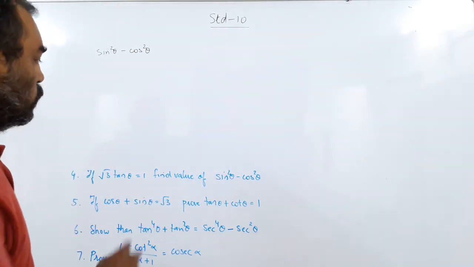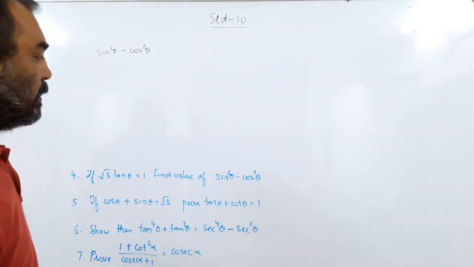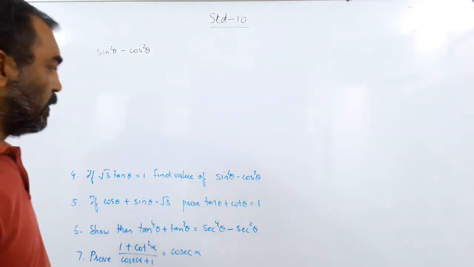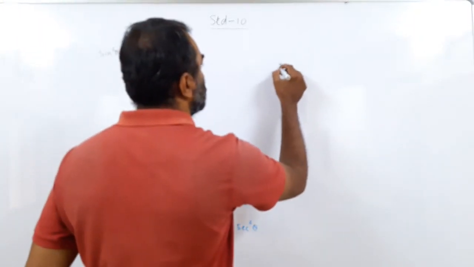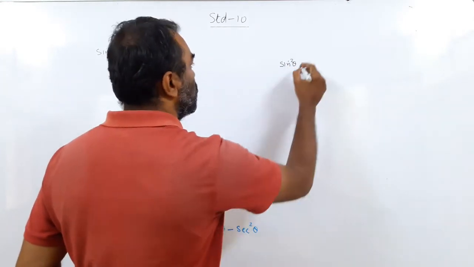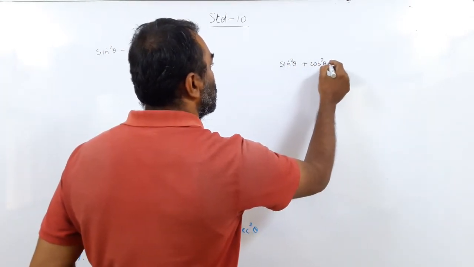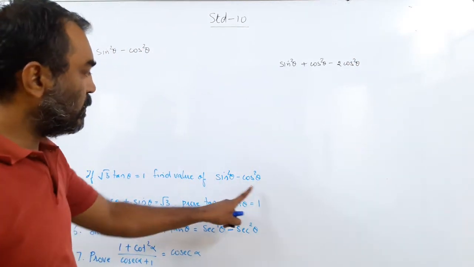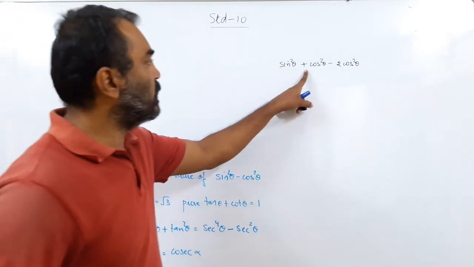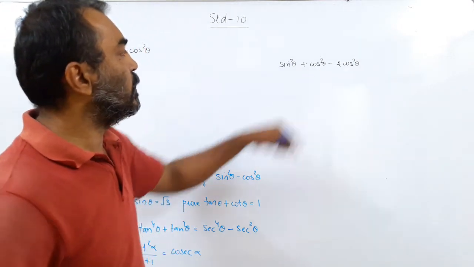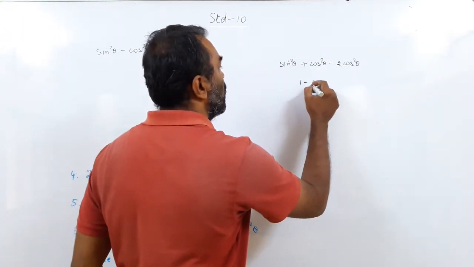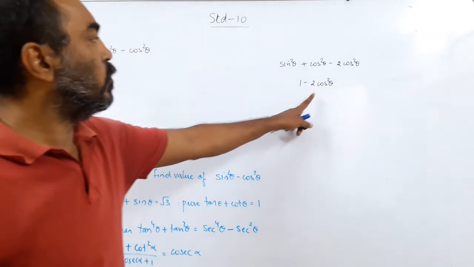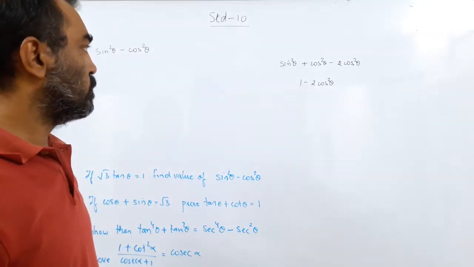Now to find the value of sin square theta minus cos square theta, even when you simplify it, I will show you how you can simplify it. You can write sin square theta plus cos square theta minus 2 cos square theta. You see what I have done here. There is a minus cos square theta, I wrote it plus 1 minus 2. Now sin square theta minus cos square theta gives me 1 minus 2 cos square theta. But I cannot find the value because I still don't know what is the value of cos theta. Is it clear to you?